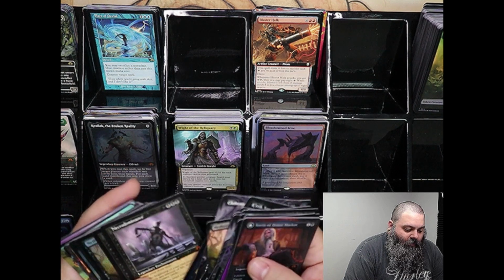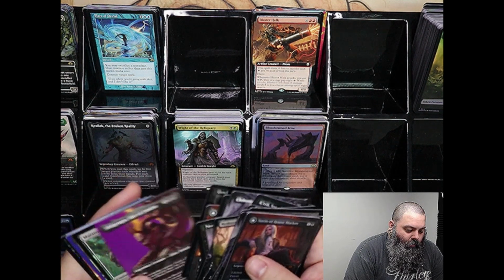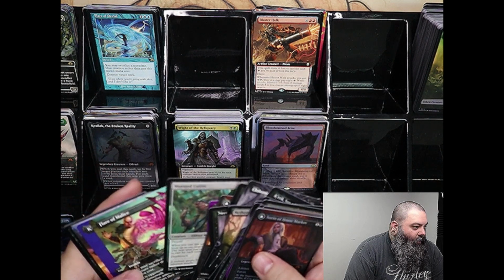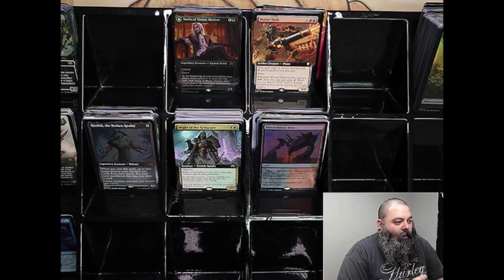Foil Retro, Toxic Deluge, some Necro Dominances and stuff like that. Crabs, more Sorins, Flares, Retro Grief. This dude, Mutated Cultist, I'm stoked to build an Eldrazi Depths deck in Legacy and fire that guy off of